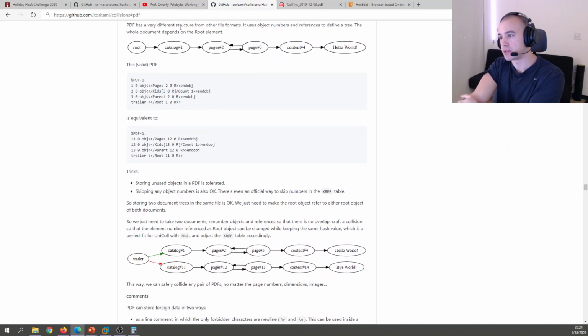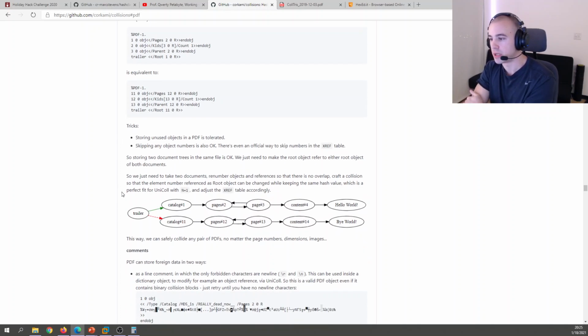And everything depends here on the root element. So you can see here how some of these are constructed. So things are essentially linking to each other. Okay, and then trailer, which then defines that root object. So what we need to do is, we know that this PDF document is not what Shinny remembers writing and